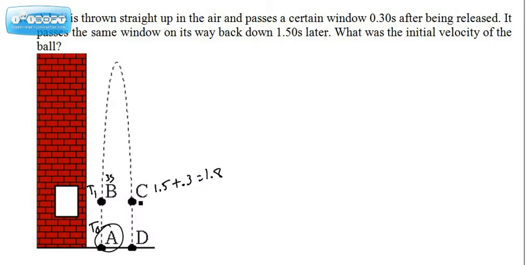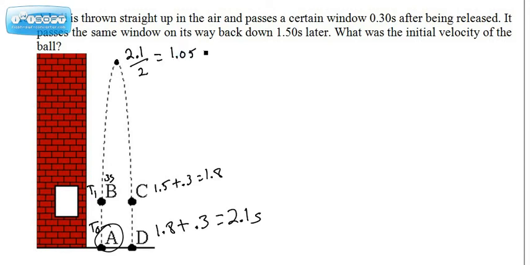How long is it going to take to go from C to D? Well, being that there's no other forces on it other than gravity, it is going to be this 1.8 plus 0.3. So at the bottom, 1.8 plus 0.3 is 2.1 seconds. Now if it took 2.1 seconds to go all the way up and all the way back down, how long did it take to get to the top, or the apex? It is half of that, 2.1 divided by 2, which is